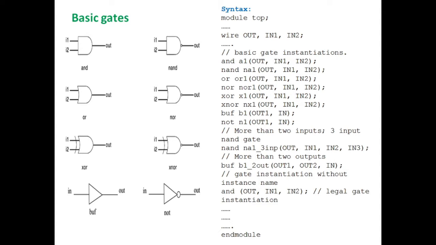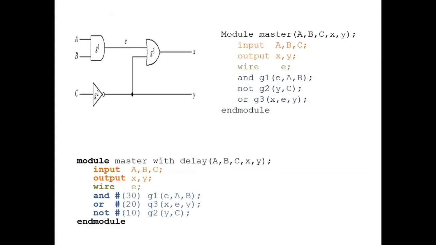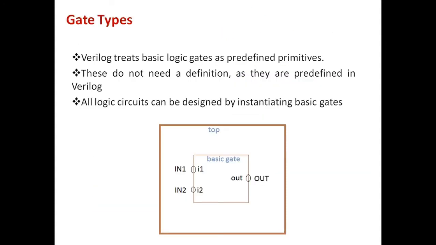For example, if I am going to define a 4x1 multiplexer, then I am generally going to define the module. But here whenever I am instantiating AND gate, NAND gate, or NOR, XOR or whatever the gate it is, I do not require the module definition exclusively. No need of providing or defining it, because the Verilog compiler already knows its definition. So that is the purpose of it. All the logical gates can be instantiated.